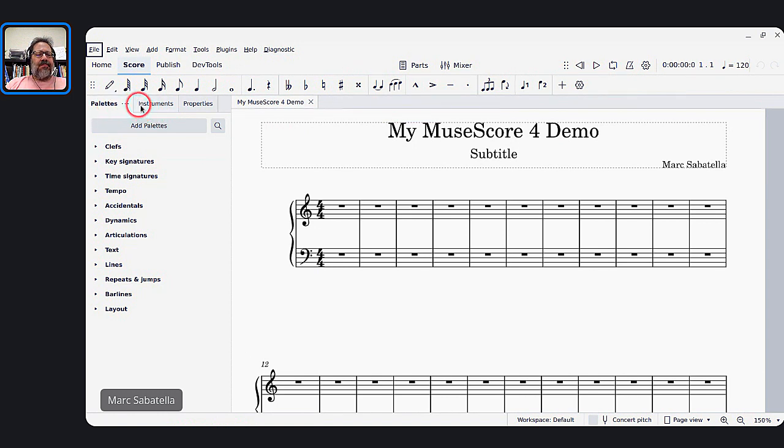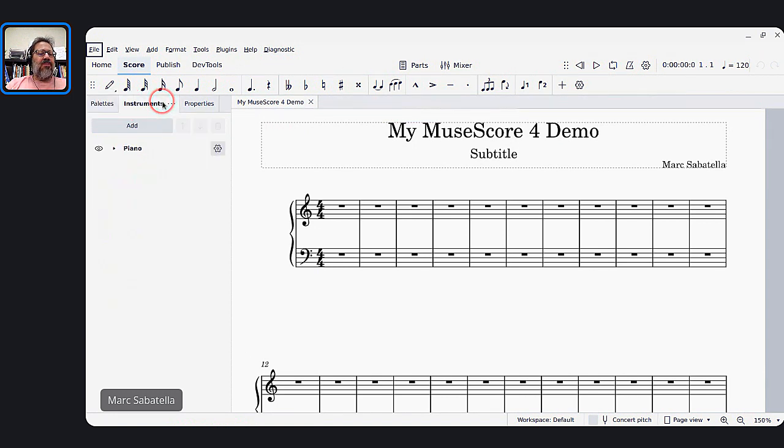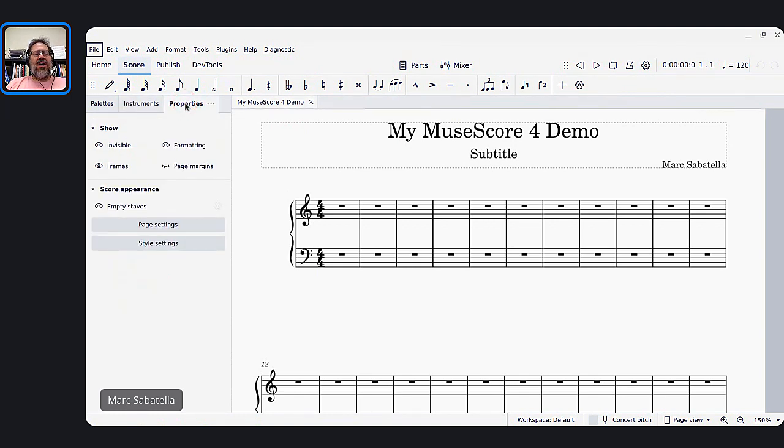There's palettes here, instruments here. This is where you would add new instruments instead of having to go to the menu to do it. Yeah, a lot of changes in how things are worked with the instruments that I'll get into. The other big change, as I said, is that the inspector has been renamed properties, and it's designed to be